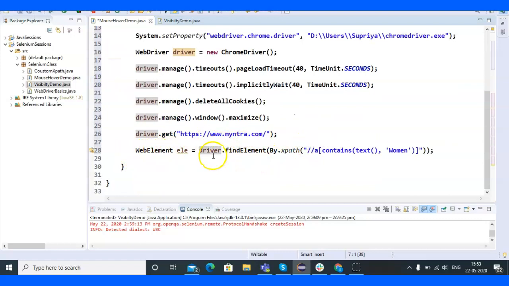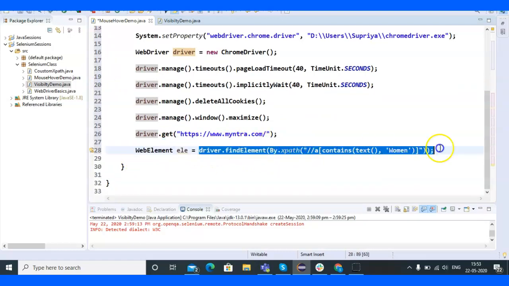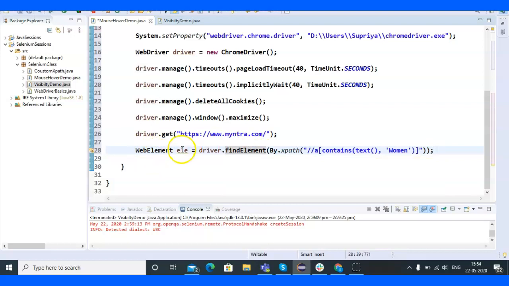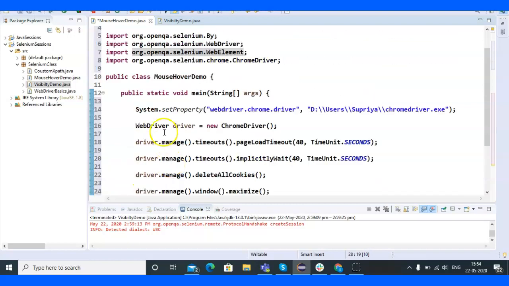And whatever value is returned by this find element method, it will be saved in this le variable, which is of the type web element,